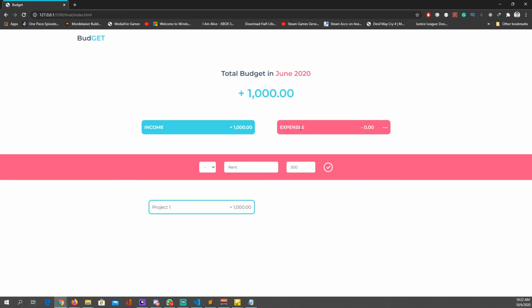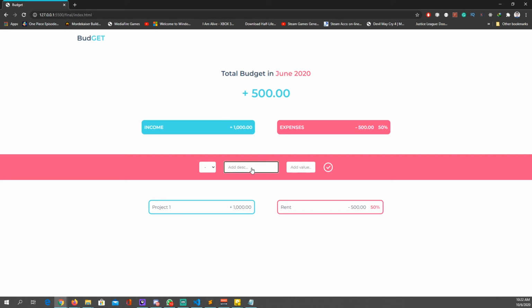Then our total budget is going to be left with $500. So total expenses going to be minus $500, and our total expenses percentage gonna be what? 500 times 100 divided by the total income, which is $1,000. That's gonna be 50% from the total income, right? So this is how it looks like. We're left with 500 as our total budget. Total expenses is 500. Our total percentage of expenses is 50%.